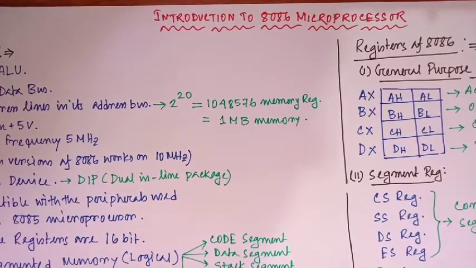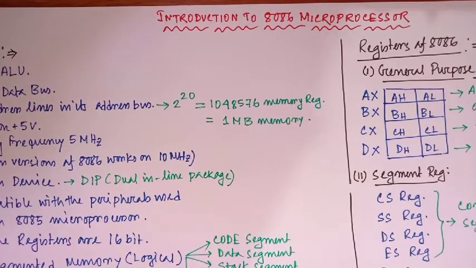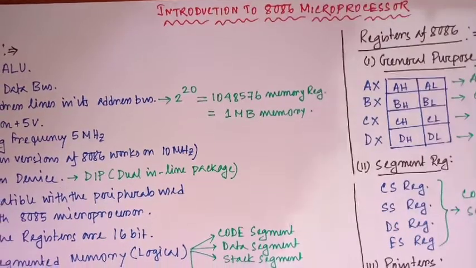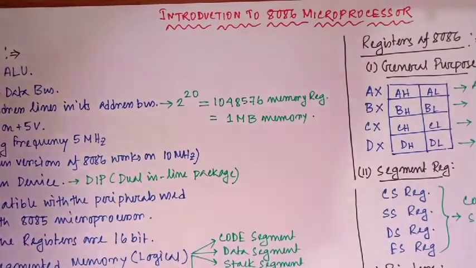So, once again, we have come with a new topic that is 8086 microprocessor. Now, before going into the topic, we need to remember that we probably have a certain amount of knowledge about the 8085 microprocessor itself. What I know about 8085 is that it is basically called an 8-bit processor. So, what does it mean? It means that the word length of the 8085 microprocessor is 8 bits.